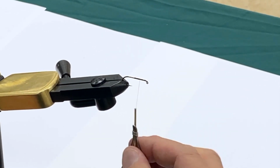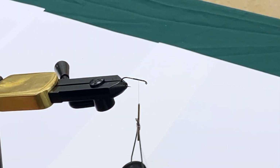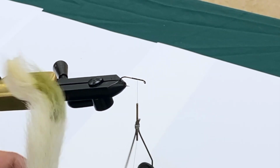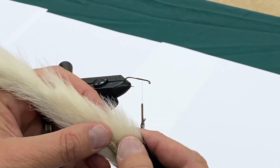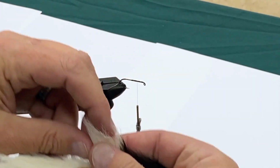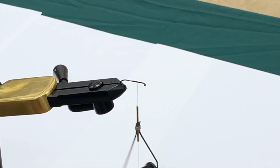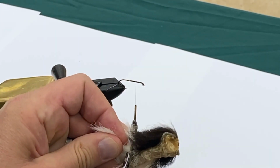Right about there. And you can let go of the thread, nothing will happen, everything's good. So now we want to put on the wings. And for wings, on this pattern of Royal Coachman, we use white calf tail. And so I'll grab a tuft of the calf tail, get my scissors, trim it down near the base,